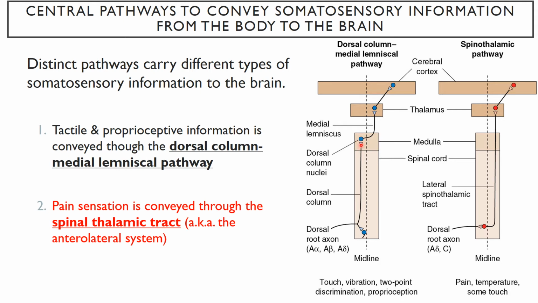So the dorsal column medial lemniscal pathway: you have information going up the dorsal column of the spinal cord, connecting to the dorsal column nuclei, and then those neurons go up the medial lemniscus, which is a pathway up to the thalamus. Hence dorsal column medial lemniscal pathway. So there are a few hints in there on how to memorize the